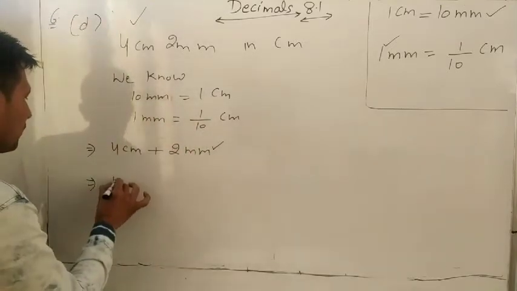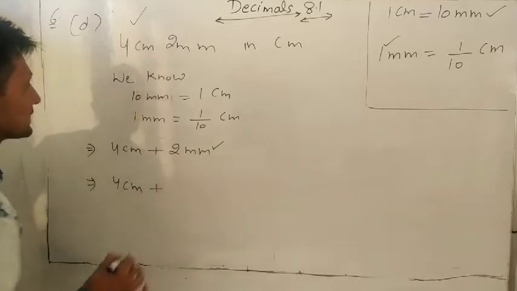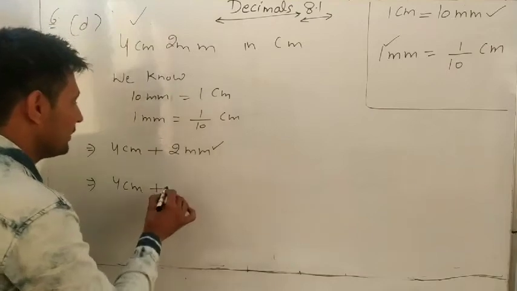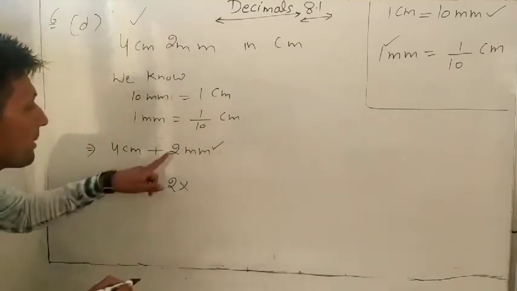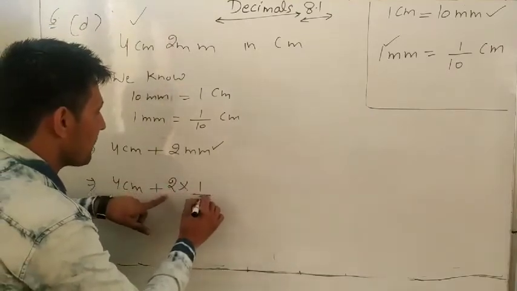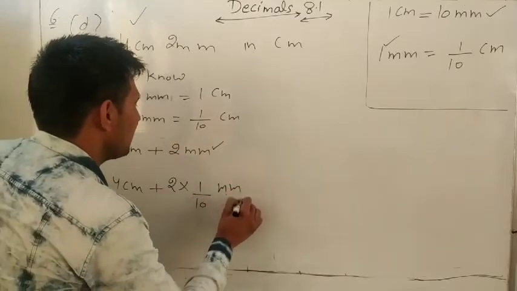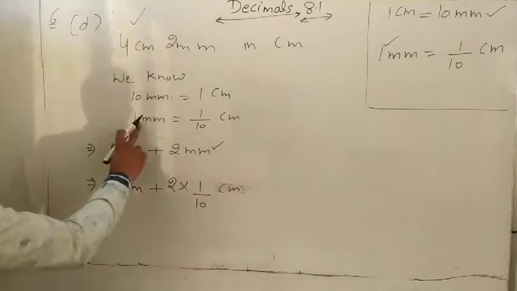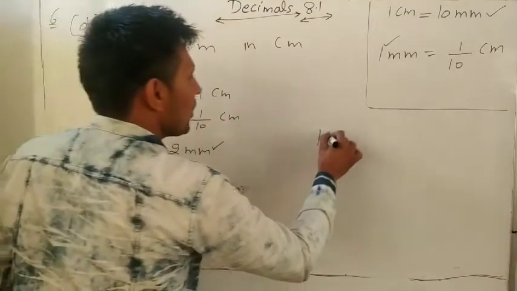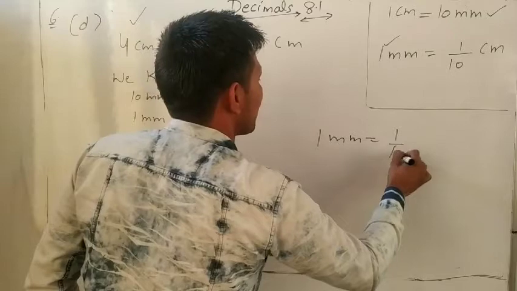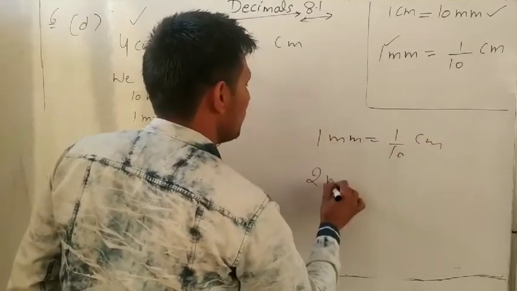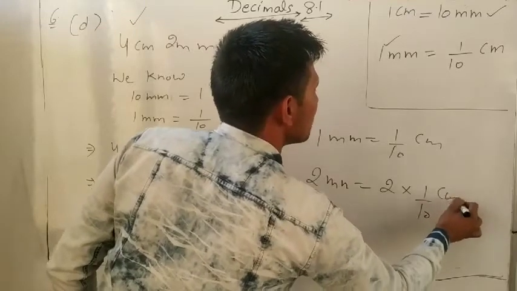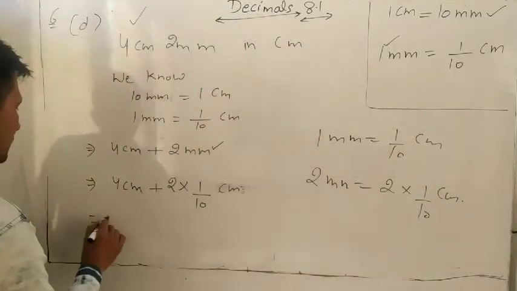So now 4 centimeter plus, 1 mm equals 1 by 10, and 2 mm means it is 2, and 1 mm means 1 by 10. So multiply by 2, it means it is centimeter. Okay, because 1 mm equals 1 by 10 centimeter, and we have 2 mm. So multiply that side also by 2. Both sides we will multiply. Okay, so it means 4